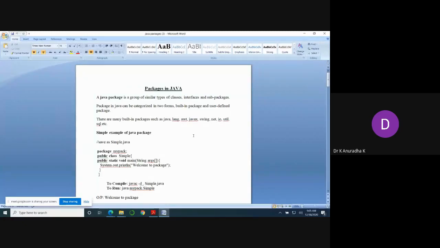Follow this point. If you want to take two packages, and with respect to these two packages you want to explain the concepts, then how do we write the programs? For one package, take one separate file and save that file with some name. And for the second package, you need to take one more file. That's why, if you want to use two package statements or two packages to explain your concept,